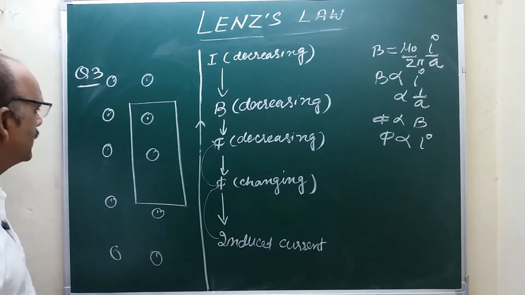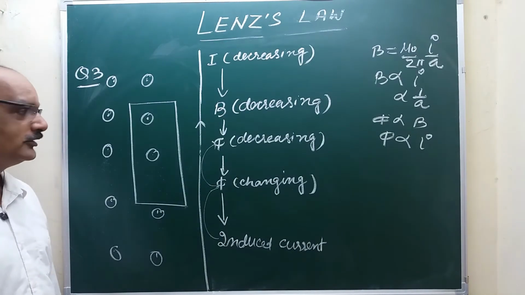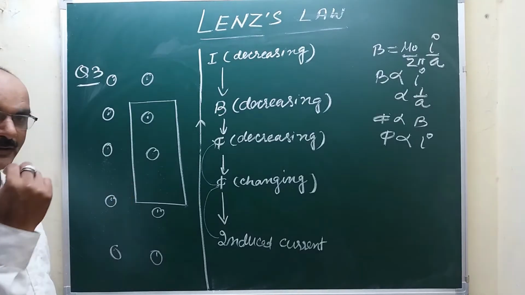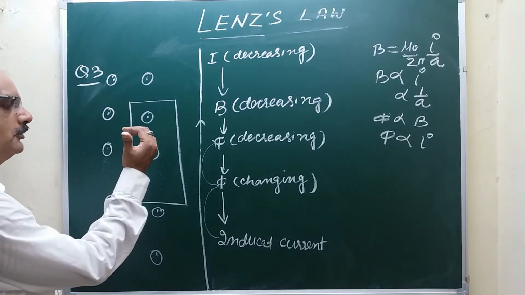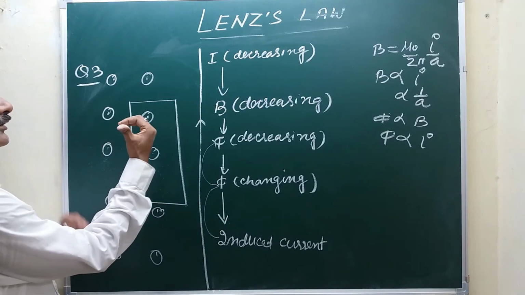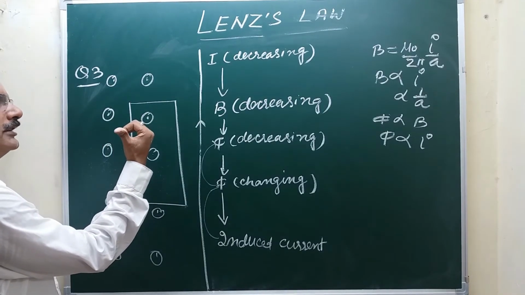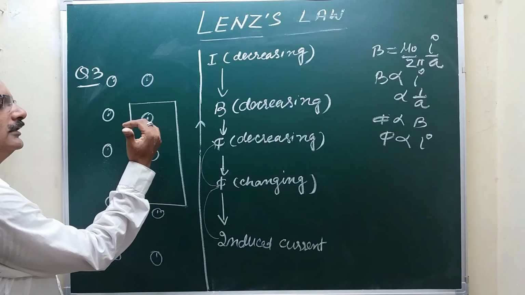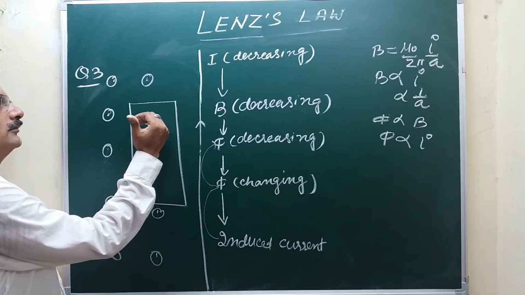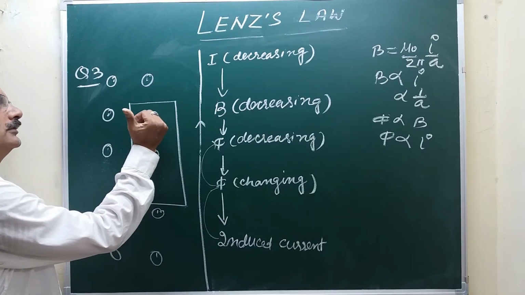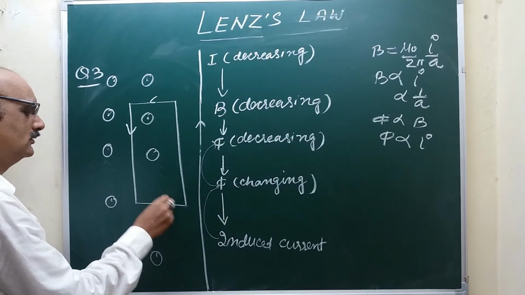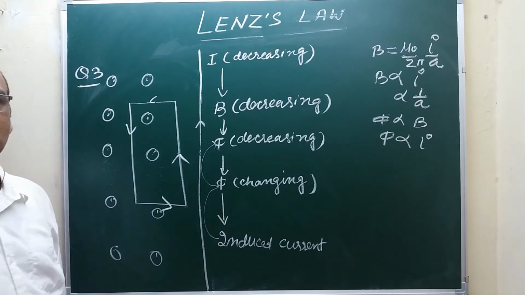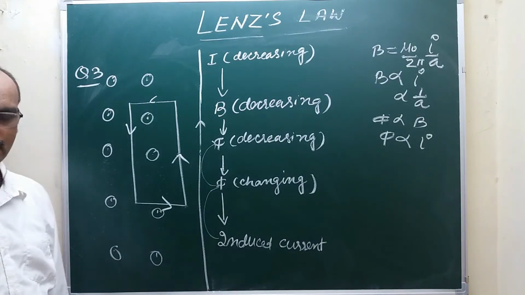तो फ्लक्स किस डायरेक्शन में डिक्रीज हो रहा है? बाहर की डायरेक्शन में. तो इंड्यूस्ड करंट कैसे फ्लो करेगा? मुझे फ्लक्स चाहिए इस डायरेक्शन में, तो जिस डायरेक्शन में मैग्नेटिक फील्ड चाहिए, उस डायरेक्शन में थंब कीजिए and curl your fingers. राइट हैंड की बात कर रहा हूँ. This will be the direction. क्लियर? Now next one.